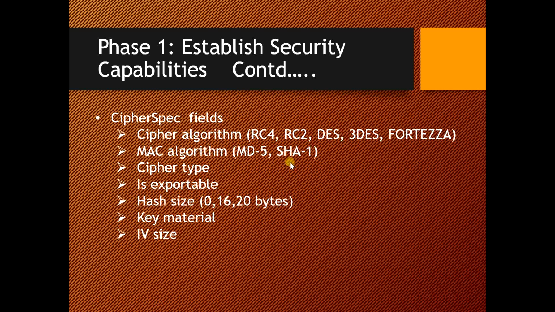So here completes phase 1 of the handshake protocol. Client will send the client hello message, server will reply with the server hello message. The various parameters that are present for the client hello and the server hello are one and the same. Basically, server will pick some of the algorithms that are supported by the client.